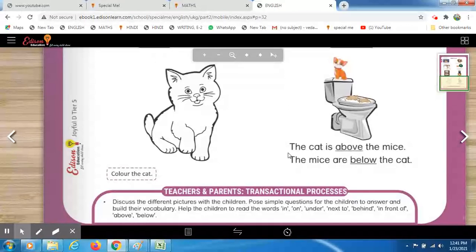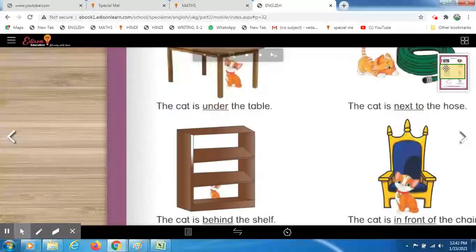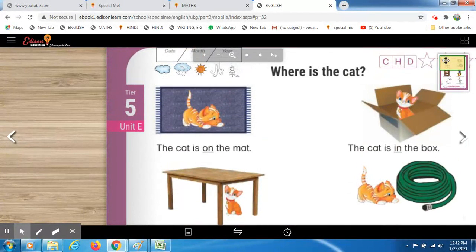Fine. And then you just have to learn the meaning of those words, like above. What is the meaning of above? See the picture and come to know more about it. Fine. So we will start with the very first picture on this page. First of all, as I always say, you just have to see the picture, observe what is there in this worksheet, and then come to read. Fine. So in this picture, what is there?